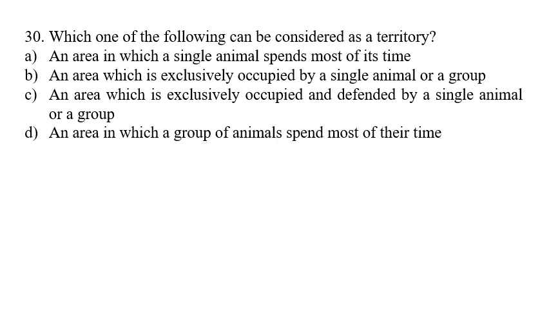Which one of the following can be considered as a territory? ठीक है? So in terms of the ecology, territory is any area which is defended by an organism or a group of similar organisms for such purposes like mating, nesting, roosting or feeding. Possession of a territory involves aggressive behavior and thus contrasts with the home range, which is the area in which the animal normally lives. ठीक है? So the territory is an area which is exclusively occupied and defended by a single animal or a group. So the option C would be correct in this question. Next,